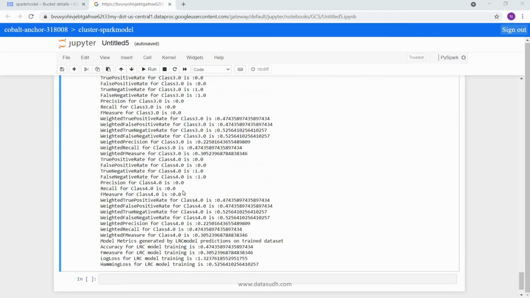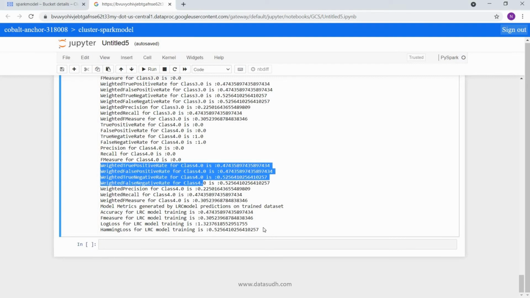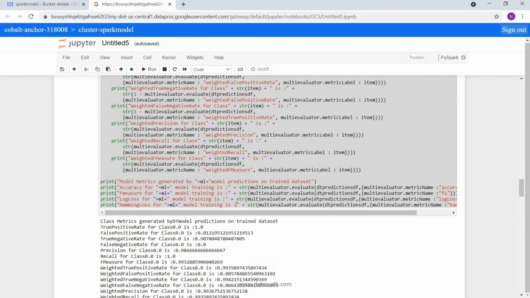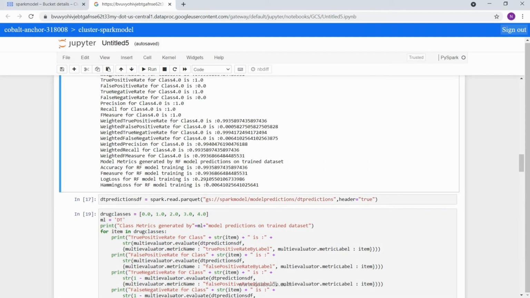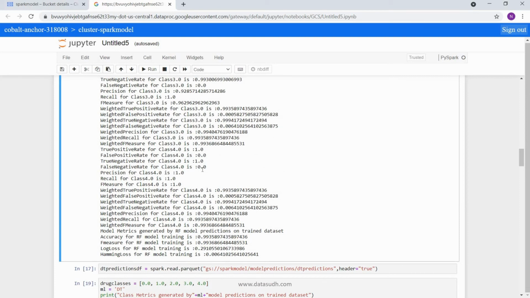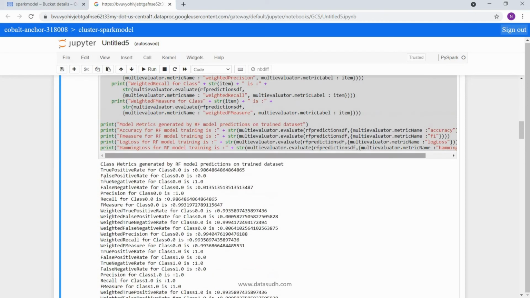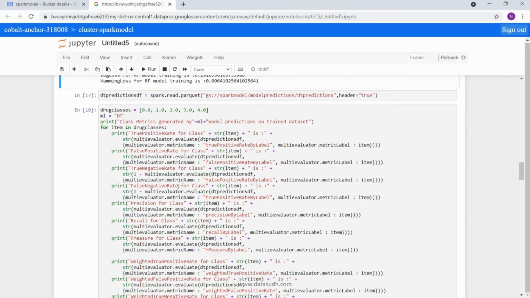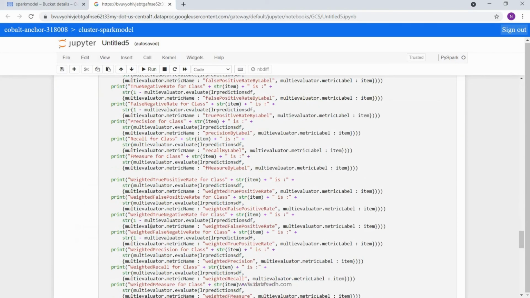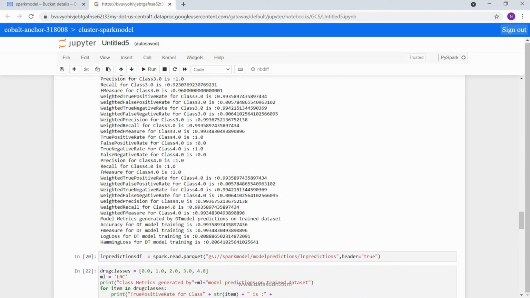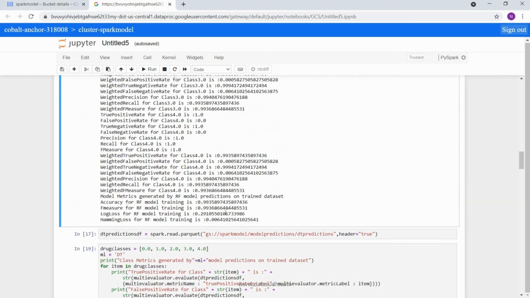Now what we are going to do is look at these metrics which have been provided by all three models. Okay. Why we have calculated for all three models is, we are trying to evaluate that when we trained our data set with these three different algorithms, which of these algorithms provided the best results in training. If I look at random forest results in terms of class respective precision and recalls, and compare it with decision tree and logistic regression classification, you will see that decision tree has provided results quite close to what random forest has provided.